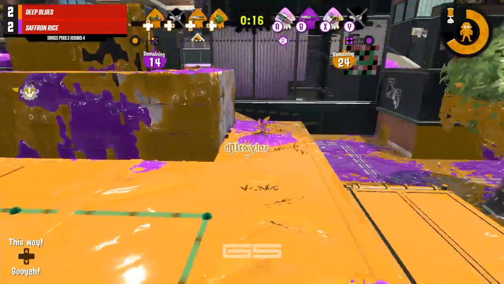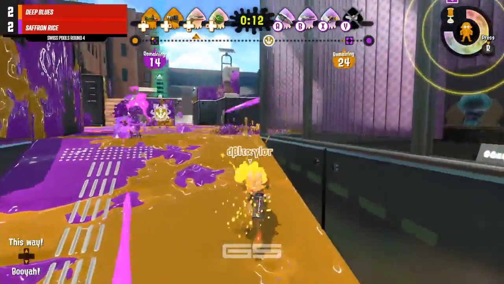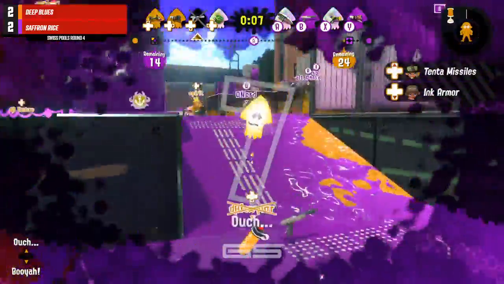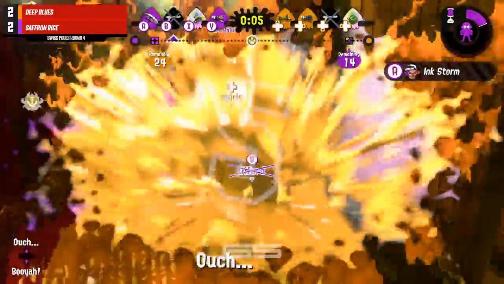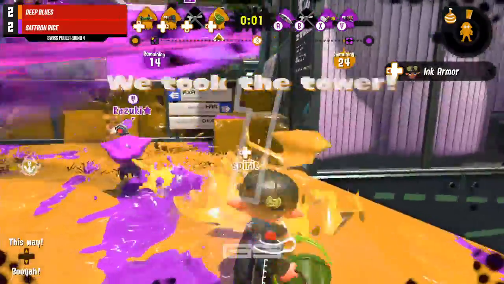But Taylor almost has that ink armor built up. The ink storm is also built up for Flox. 3 specials, though. Ink armor for Saffron Rice, Stingray. All Dia needs to do is not die right now. It's going to be very hard for Taylor to push. It's taken out. The Stingray's still ready. There's the Stingray on the tower. They can either take a...